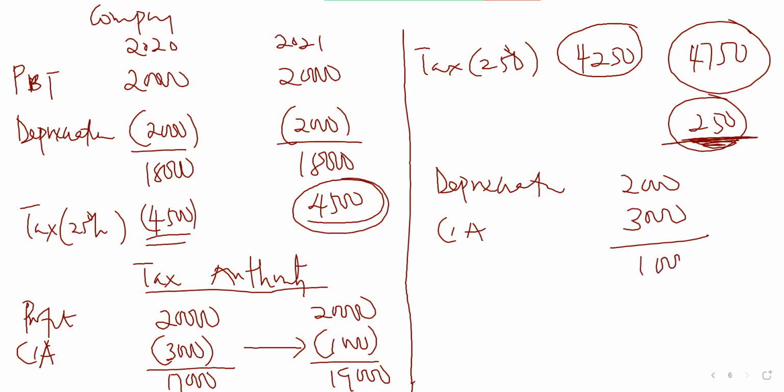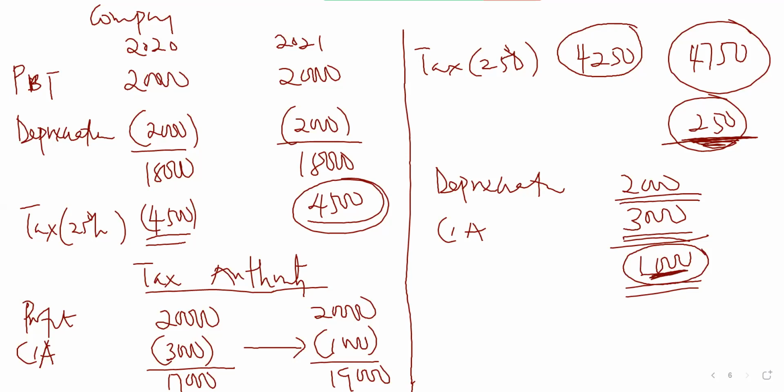The difference is what? 1,000. Okay. It means that the tax liability of the company is going to reduce by what? 1,000. Because the company is saying that their depreciation is 2,000. The tax authority is now saying that it's 3,000. It means that the tax that you are going to pay on this additional 1,000 will be saved for this